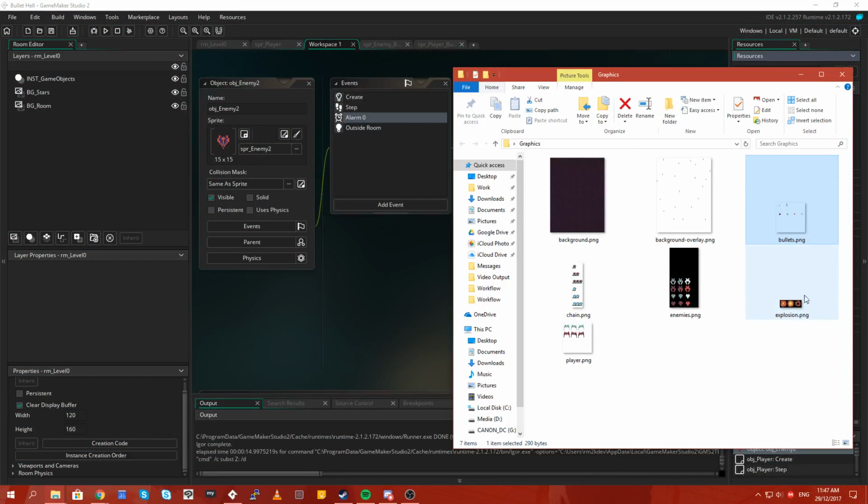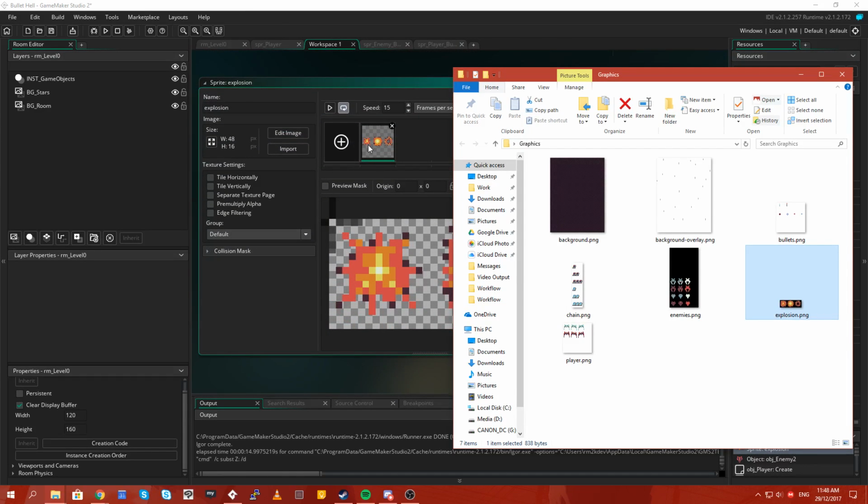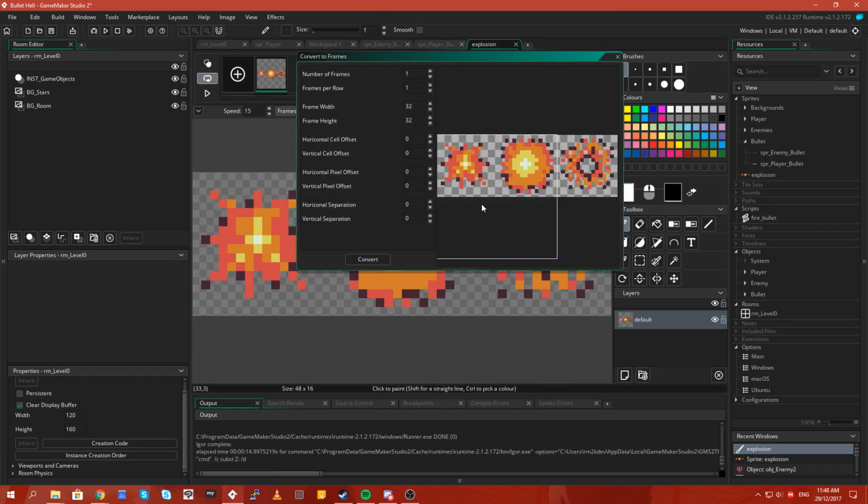Do we have animate? Yeah, we do have animated explosions. So let's bring those in. Let's actually, tell you what, let's slice this up first. Convert to frames. 3 by 3. These are going to be...